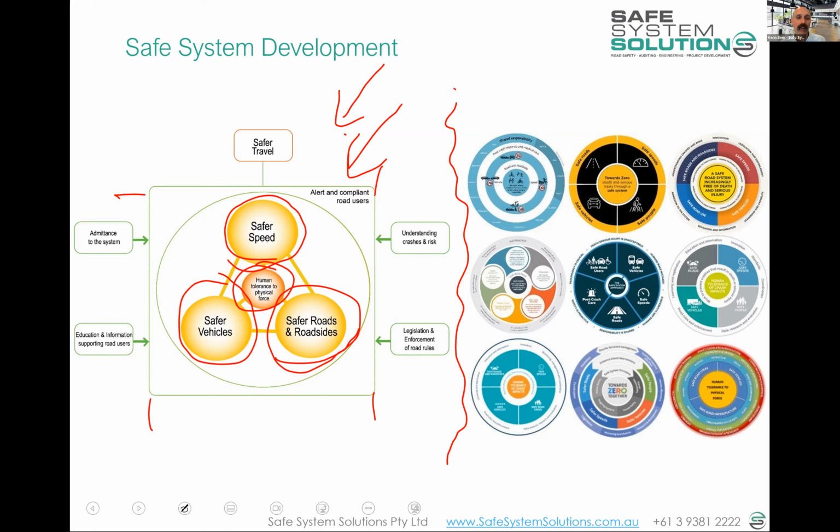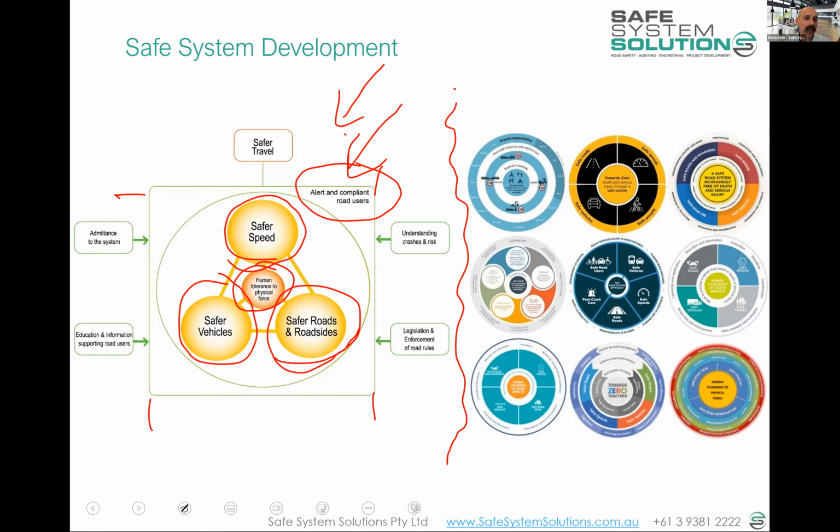I was more in the camp that said, no, you can't rely on people being alert and compliant. Okay, you can want that, you can hope for that, and you can do things to try to encourage that and provide the best opportunity, but you cannot rely on that as a system element. And anyway, it got put in there, and it was probably a decade of get out of jail free clauses. Well, I shouldn't say get out of jail free, because there are legal things, but I mean